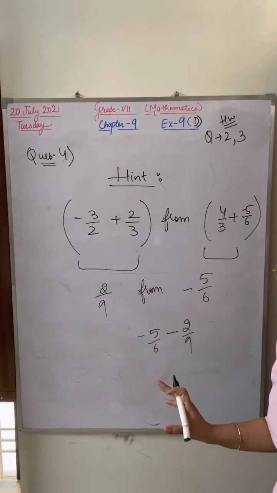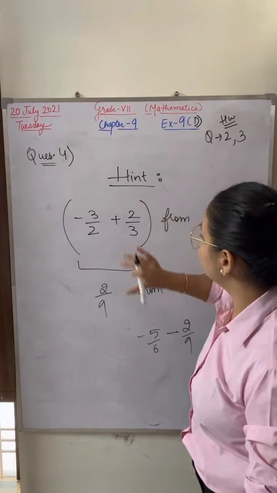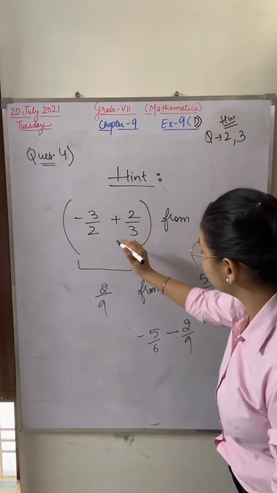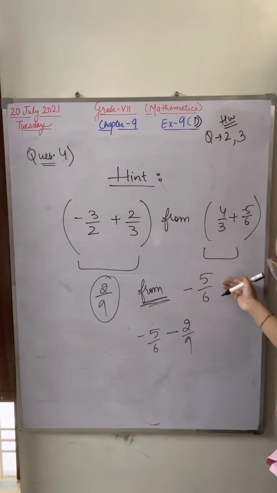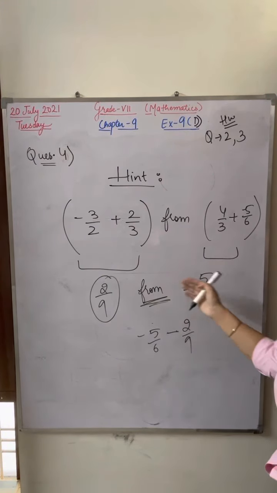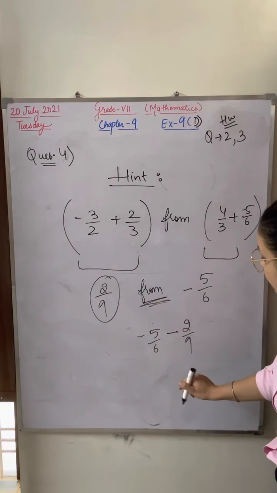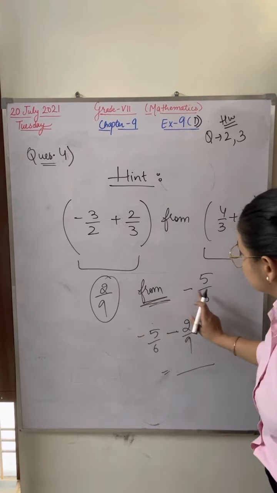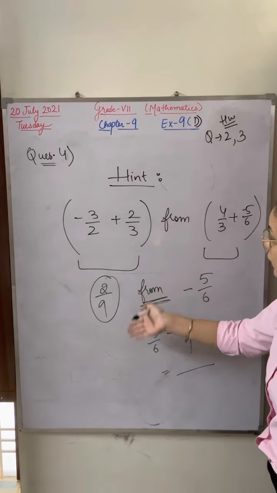Very, very easy. Okay, you have to solve these 2 rational numbers and then you have to solve these 2 rational numbers. Then they are saying whatever answer will come, that you have to subtract from this one. Okay, from this one means write down this in the beginning and then subtract this from here and then solve and take out the answer. Okay, question 4. These are not the answers I have written by myself. I am just explaining you. In this way you have to solve.